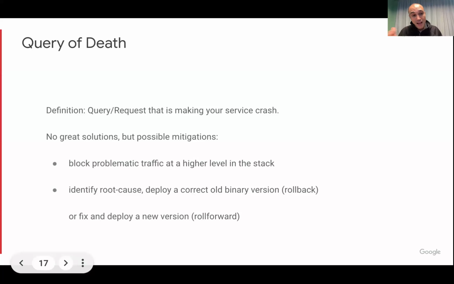So no matter how many replicas you have, the user with a query like this is going to kill one server, and then they're going to retry. The request goes to another replica, kills it, and so on. If they keep retrying, they're going to keep destroying your servers one after the other. So this is purely a software problem. The optimal solution is to write software with good principles and high quality, unit tests, good validation and so on, so you reduce the probability of a query of death happening.